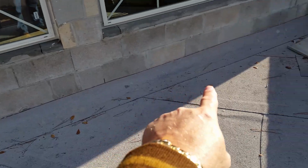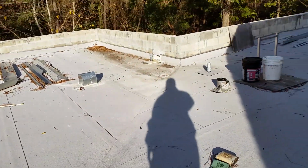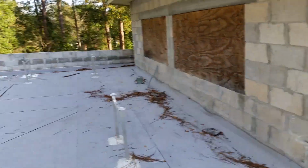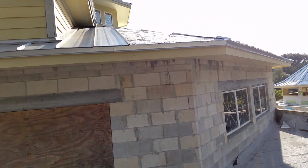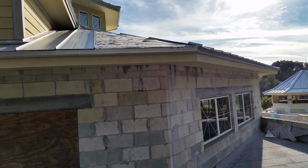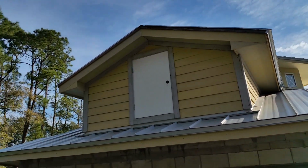All of this flashing along here, none of it's up high enough. And there's so many things wrong with this system. The metal's not quite as bad. There's a lot of things to finish. You got to finish this up here. They maybe left it off to where they could get up and down. I don't know. You got rake up there, ridge,